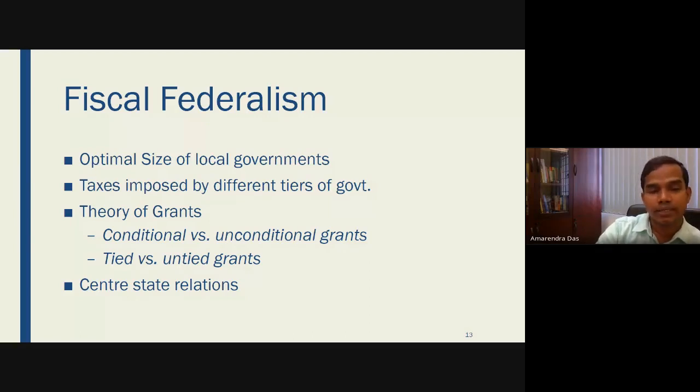The other form would be that the center gives 50%, and the state has to give 50%. The other grant is that the center gives all the money and the state decides how to spend. So there are different types of grants coming from the center, and there are also theories behind it. Which form of grant is a better form? That is also discussed. And you cannot say that something is good or bad, because it depends upon your requirement. If government wants to increase the consumption of a certain public good, then a conditional grant is good. For example, if you give money to the states and tell them to spend wherever they want, then many states may not spend money for education.